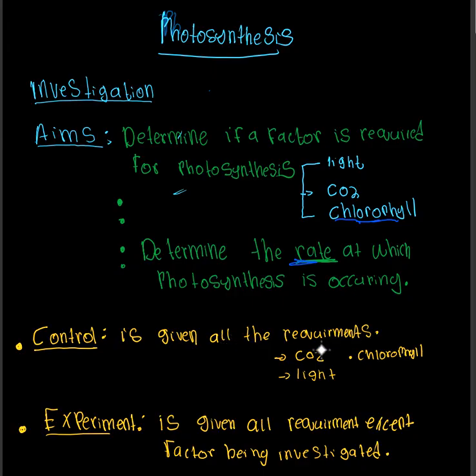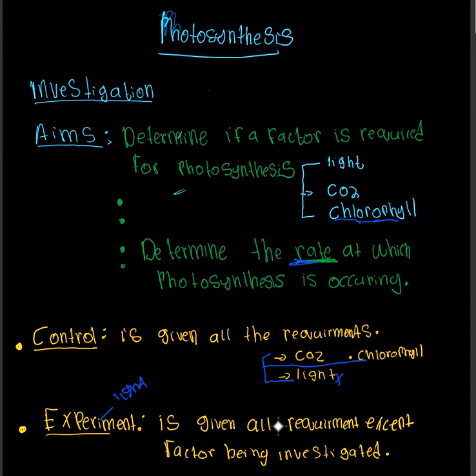So we're going to give it CO2, we're going to give it light, we're also going to give it chlorophyll. So the control has all the factors that are required in photosynthesis. But the experiment part will have all other factors except the only factor that we are investigating. For example, if in our experiment we're investigating whether light is required for photosynthesis, it means we'll have all other factors. We'll have CO2, we'll have chlorophyll,